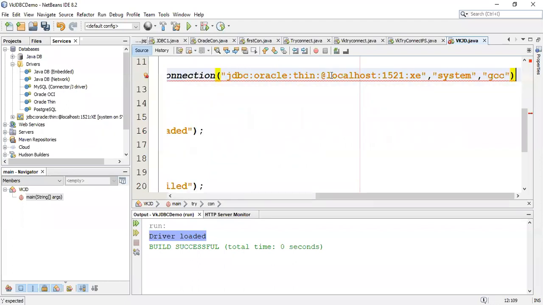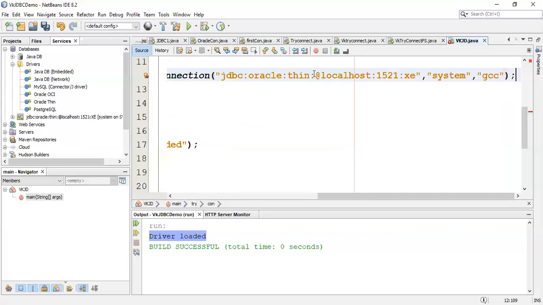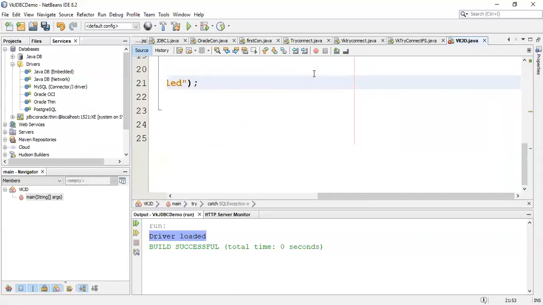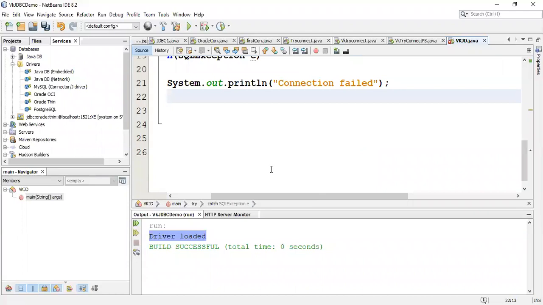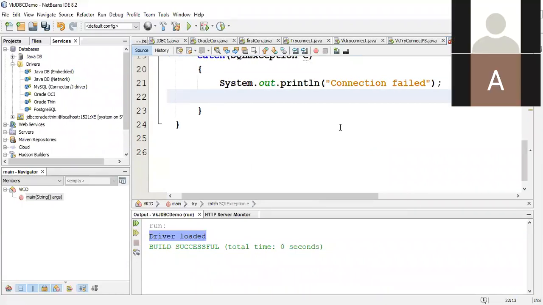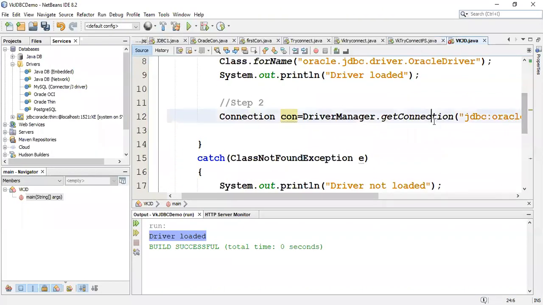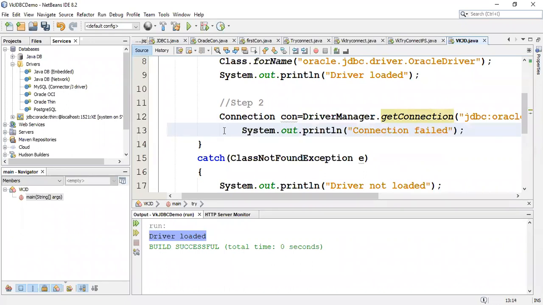Where will it show? First I have to give a semicolon. Then I'll press enter. In this line, if the connection is successful, I want to display a message, connection established.